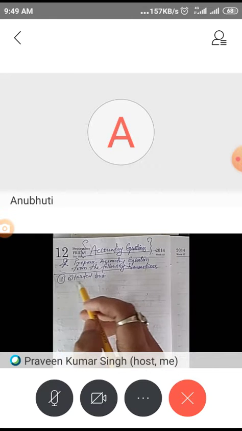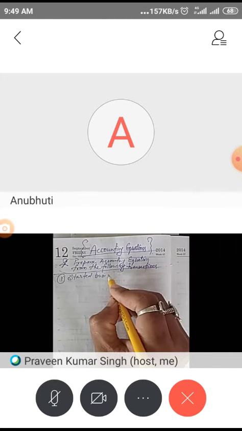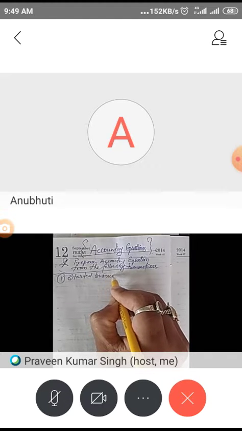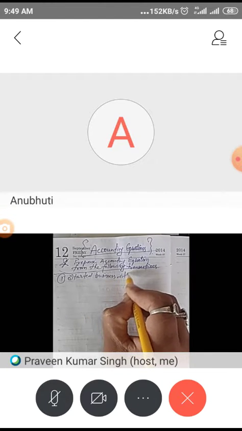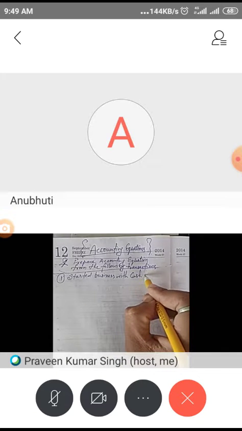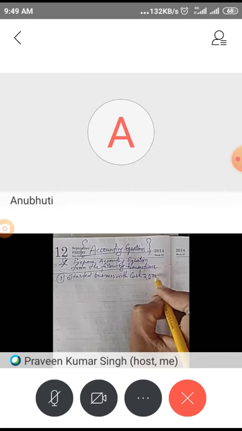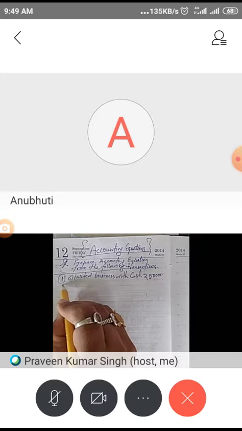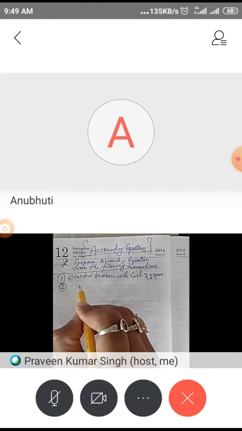First transaction is started business with cash rupees 50,000. Suppose second transaction is given,